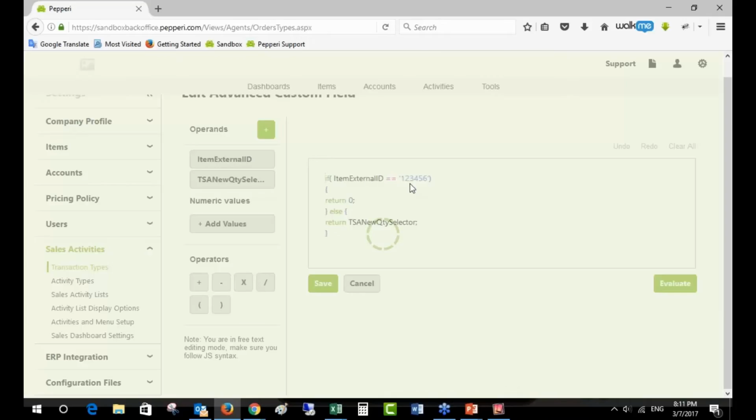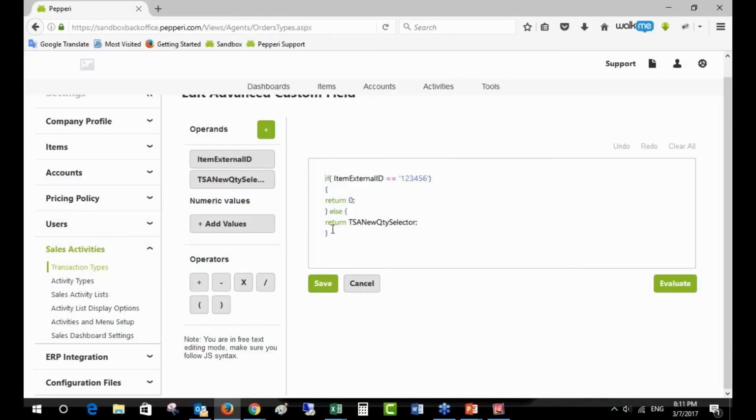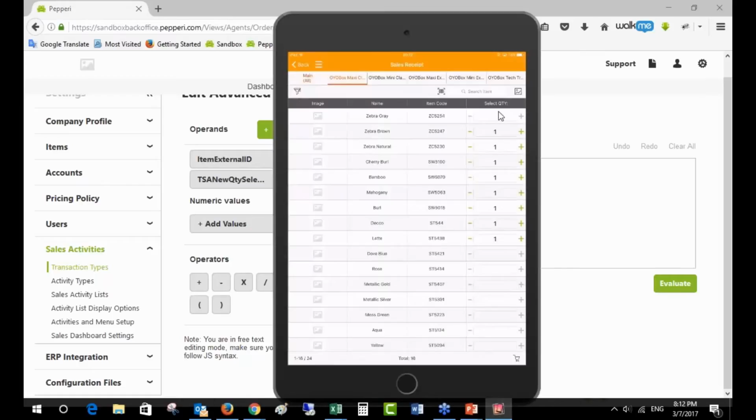If the item external ID is 1, 2, 3, 4, 5, 6, return 0, else return this TSA new quantity selector. This new quantity selector is actually a custom quantity selector that I created. It's a custom field, and I put it in my order center, in my catalog. So when you are adding quantities to the order in the catalog here on the iPad, this is not the standard Pepperi unit quantity field. This is a custom quantity selector field that I added because I need the quantities that are added in the catalog to be